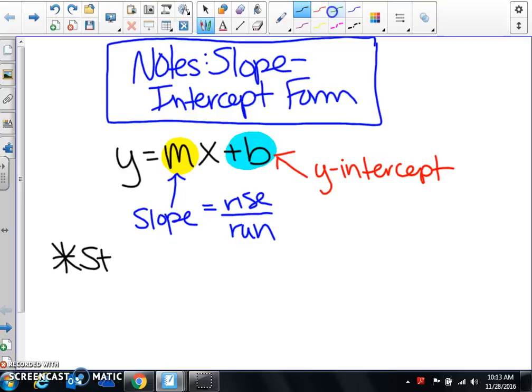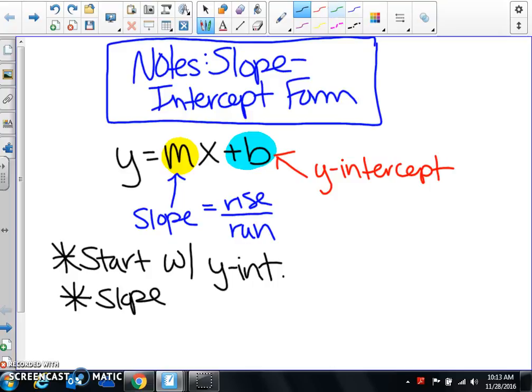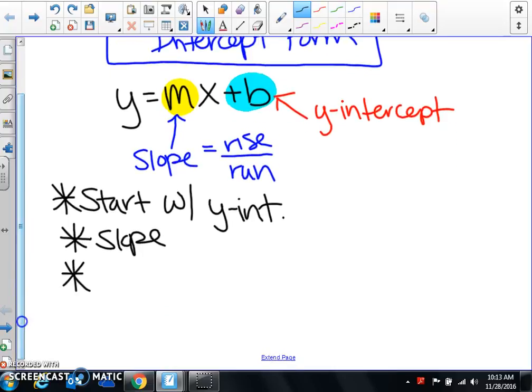So you start with your y-intercept. From that point, you then do your slope. Okay, so you start with your y-intercept, and then you're going to go to slope. You have to have, at a minimum,